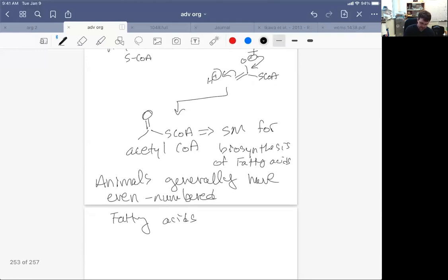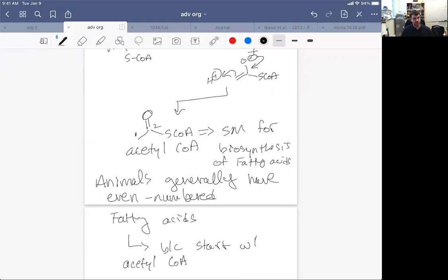And that's because they start with acetyl CoA. And acetyl CoA up here has 2 carbons. So we go 2, we add another 2, 2, 4, 6, 8, and so on. It's at 18 and we're like, good enough. Okay. So we're going to use these, but plants turn out, they can occasionally incorporate propionyl CoA